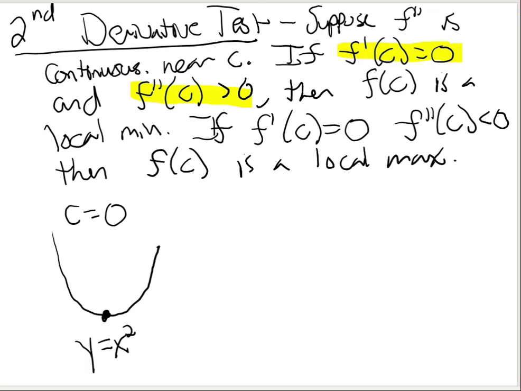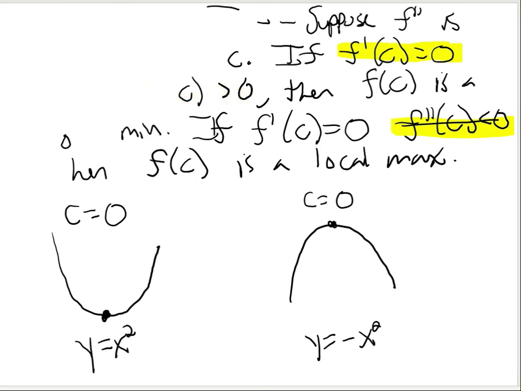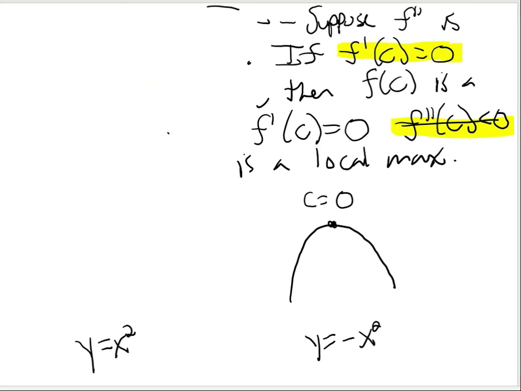So just as an example, think x squared versus y equals negative x squared. When you flip it, its second derivative will be less than 0. And at c equals 0, you get that it's a local max. So that's just some intuition on why this works. So let's go back to our polynomial example